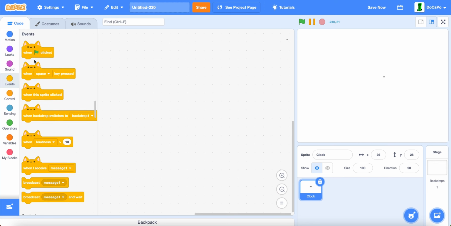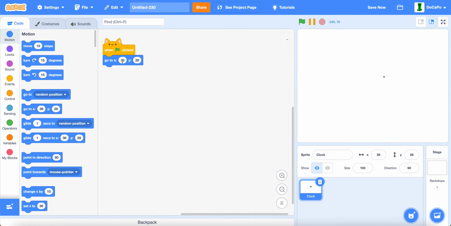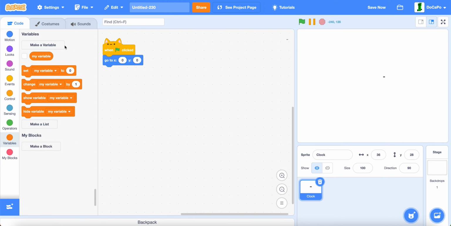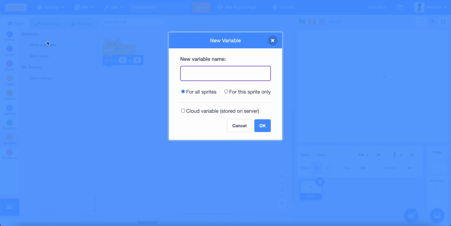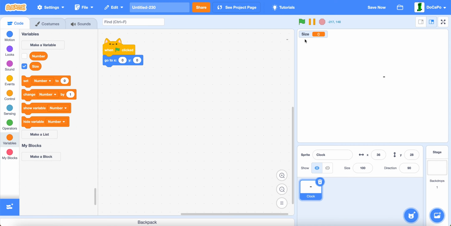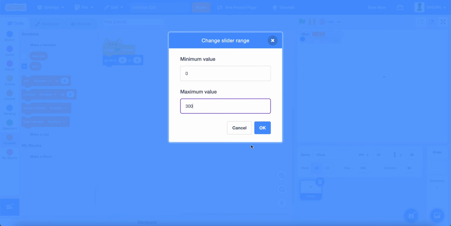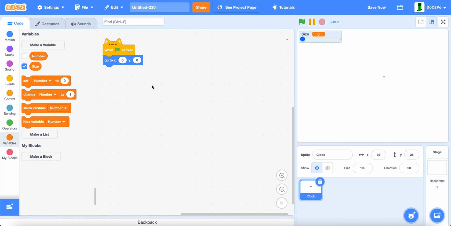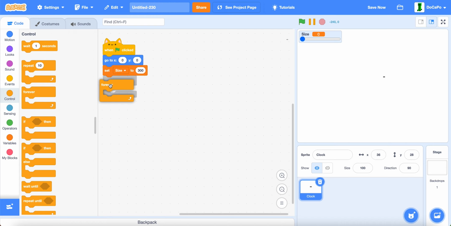Now in the code, when green flag is clicked, go to 0, 0 and create a new variable named size for all sprites, and another one named number for this sprite only. Right click on size and make it a slider, and then change the range to 0 to 300, and then set size to 300. And now forever,